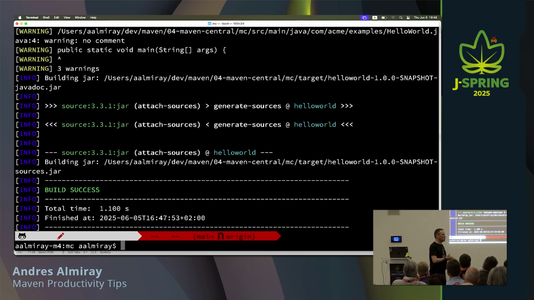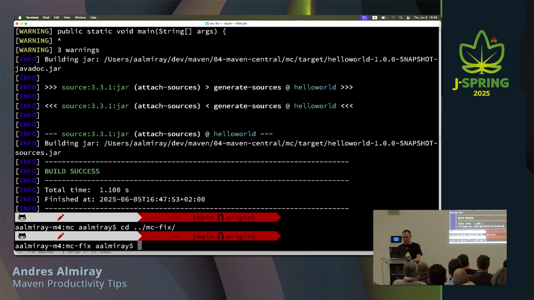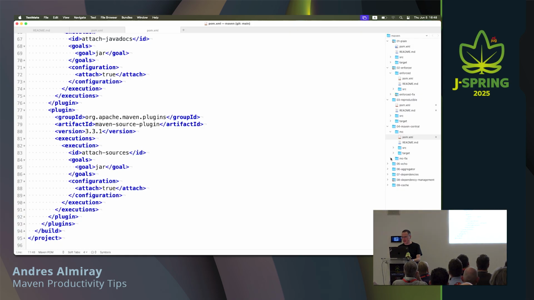When the only thing that I want to do is test, and test requires package. Hence, I build the Javadoc and the sources every time I'm doing a test. Is it worthwhile? It's actually going to make my builds much slower because every time I'm going to generate that. And if you have a multi-module project, then how many Javadocs and sources jars are you generating? Doesn't make any sense. So what we can do is move these concerns into a profile. Anyone here know what profiles are? Okay, half of you, pretty good.